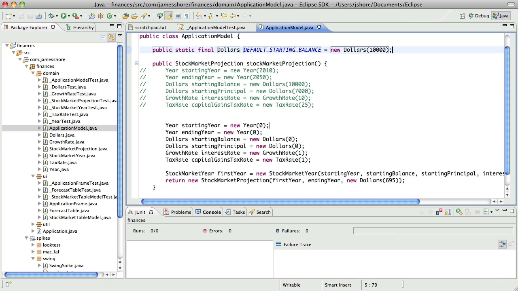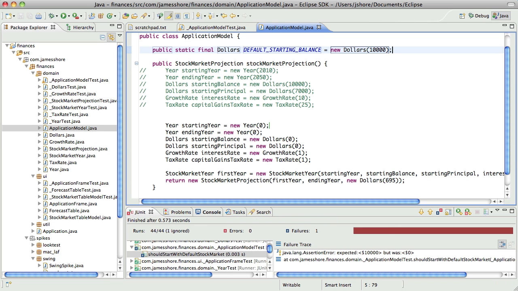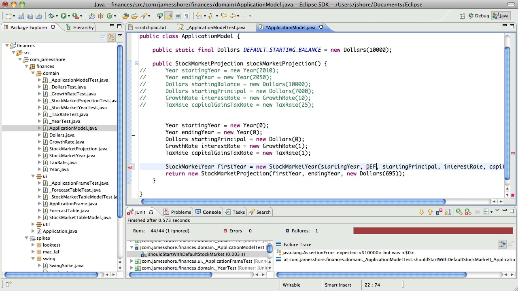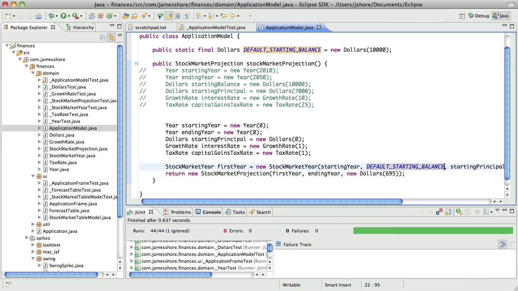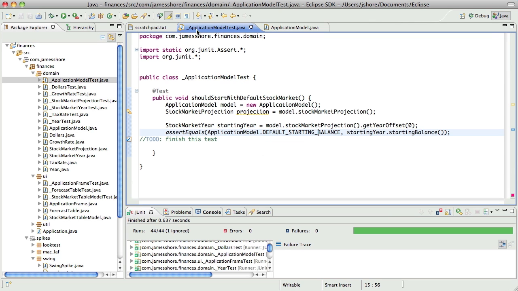If I run this, expected 10,000 was 0, but now there we go. Okay, so what does that get us? I'm not sure yet.